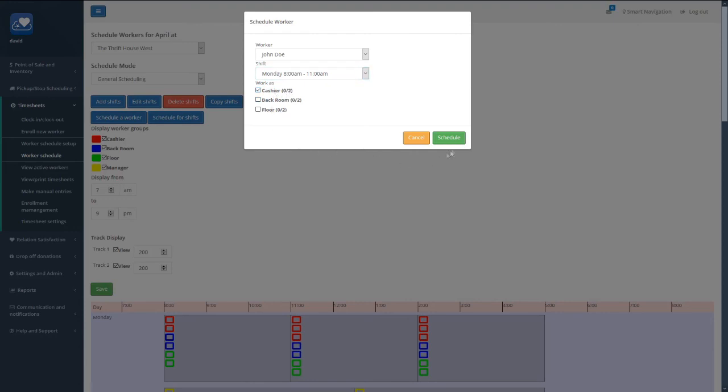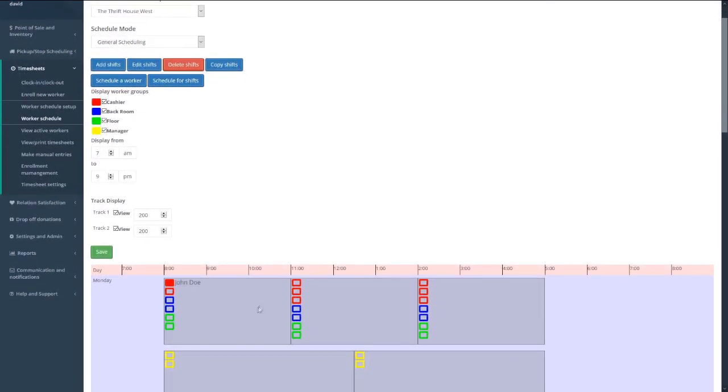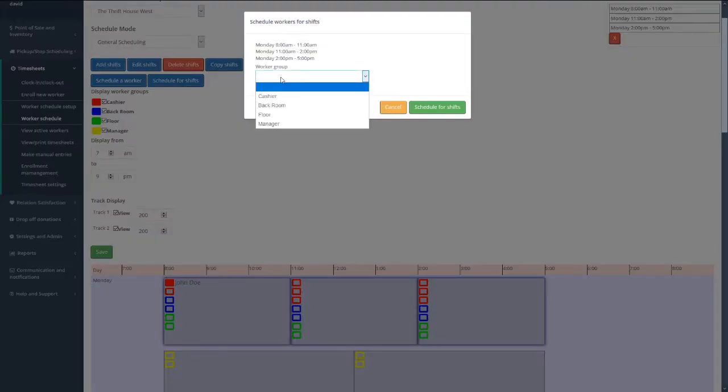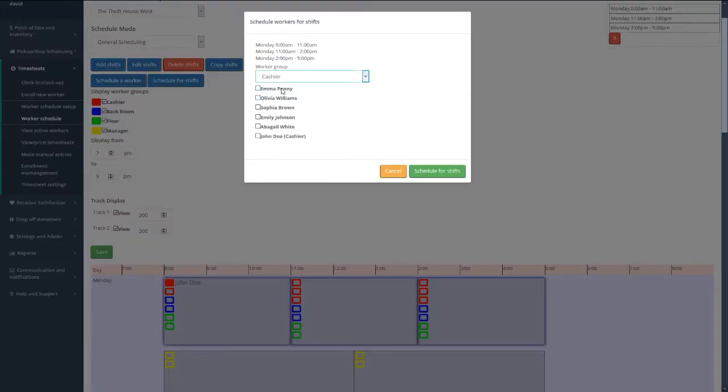So let's select Cashier and take a look at the schedule. The worker's name has appeared here next to a box with the color of the worker group, and the box is filled in now. A little more advanced scheduling option is the Schedule for Shifts one here. This one allows us to schedule for multiple shifts at the same time. So if we want someone to, say, work as a cashier for the entirety of Monday, we can select all the Monday shifts, select Schedule for Shifts, select Cashier, and we get the workers who can work as a cashier